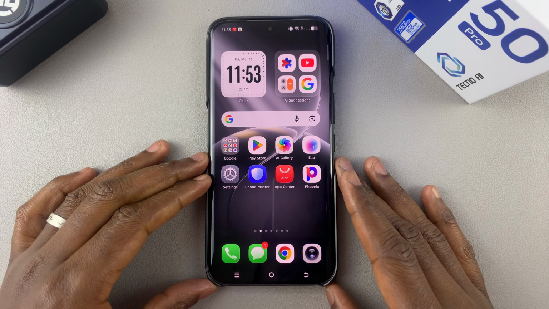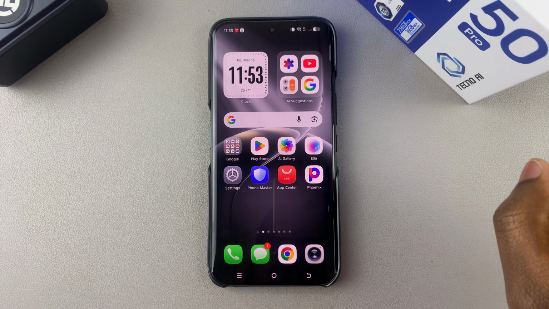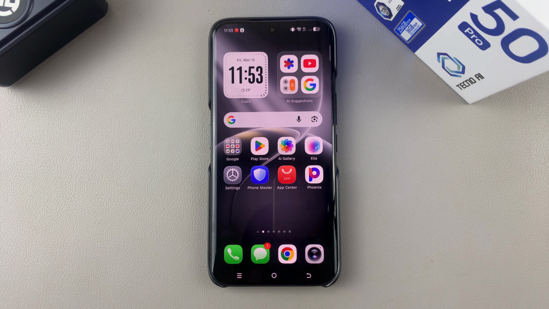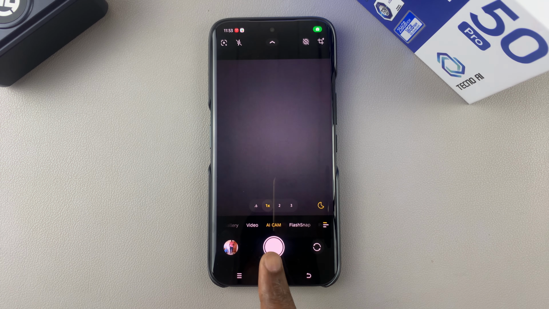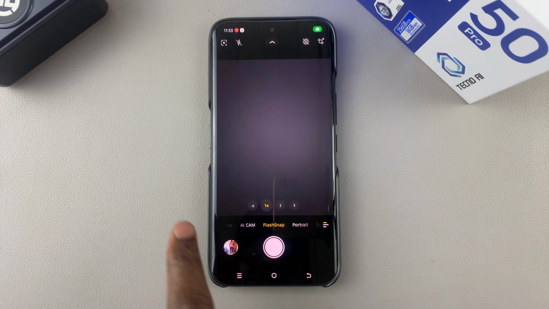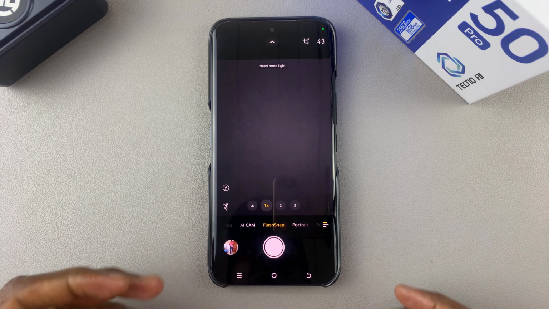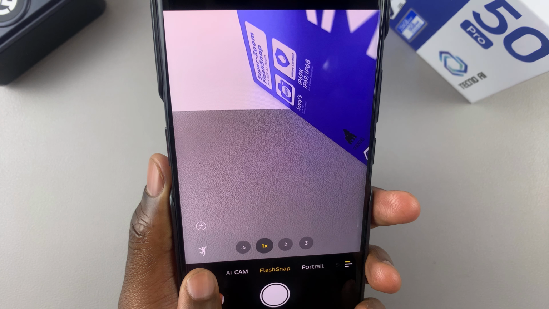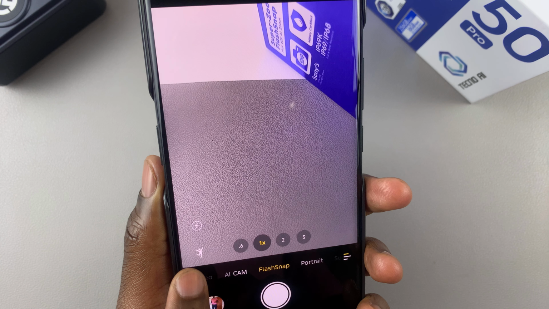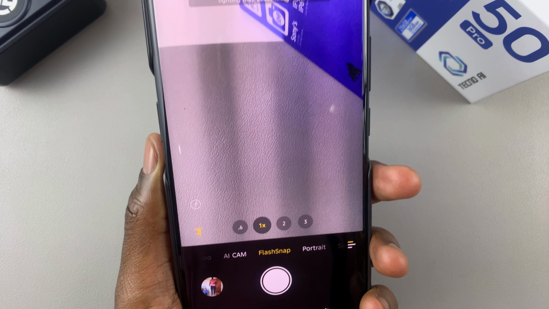In this video, I'll show you how to enable or disable auto capture for your TECNO CAMON 50 Pro or 50 Ultra camera. So launch the camera app, and under camera you want to swipe across like this to this flash snap option. Now to enable auto capture, all you have to do is tap on this icon down here, just like that,